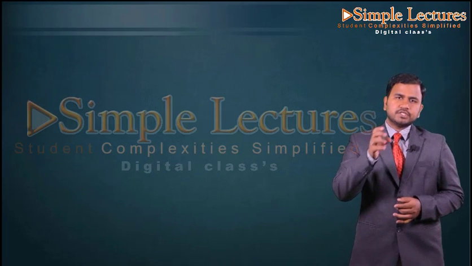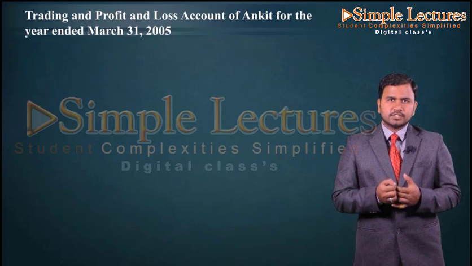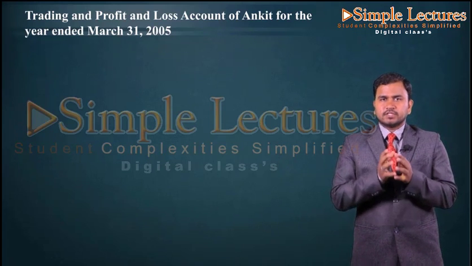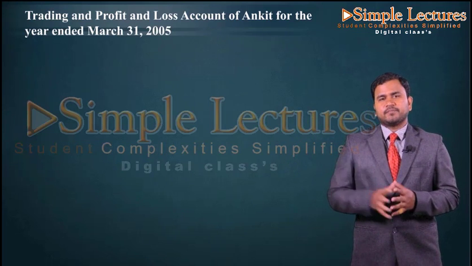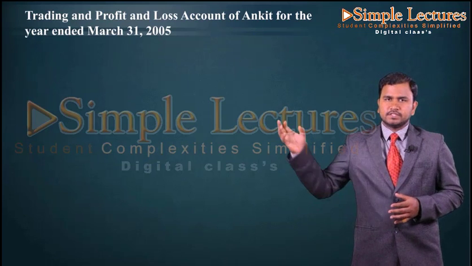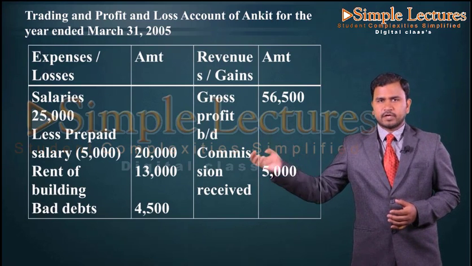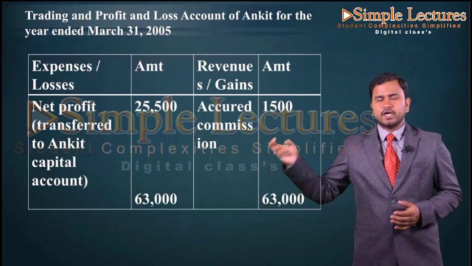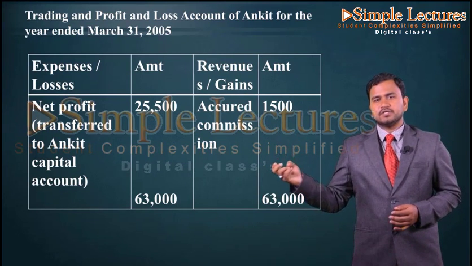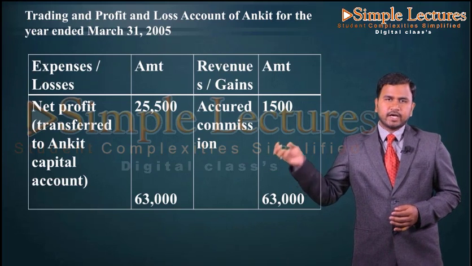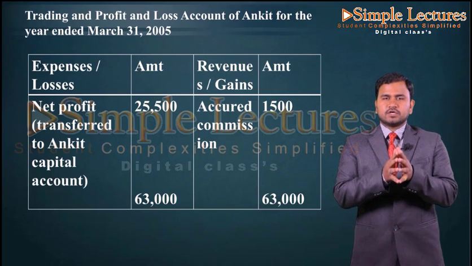So here, commission accrued is what? It is supposed to be received but not yet received. So where we are supposed to receive and we have not yet received that, that particular income we are going to add to the income in the profit and loss account. In the trading and profit and loss account of Ankit, on the credit side we have commission which is 5,000, and we will take accrued commission as 1,500. It will be added to the commission, and there will be a change in the net profit, where the net profit was 24,000 and it will become